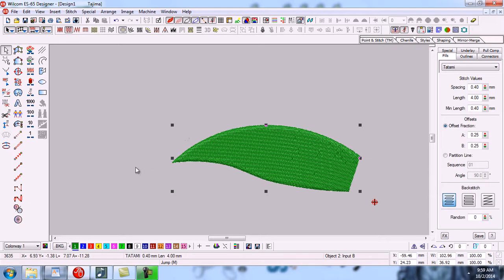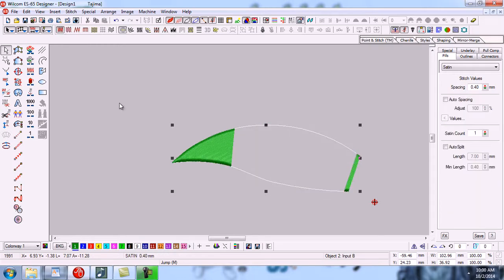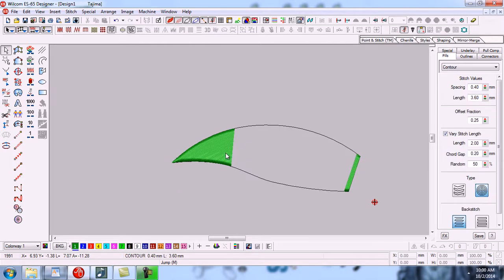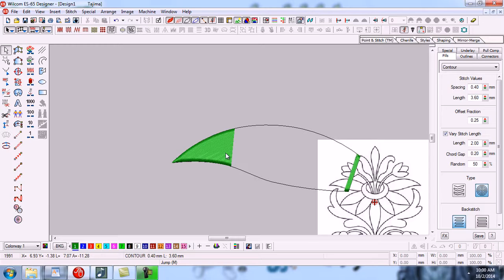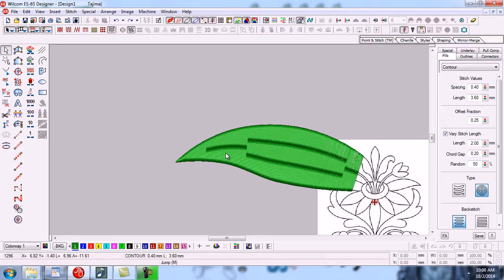In tatami you can make any type of design in any size, but in satin you cannot. So these are two options, auto split and auto jump, if you have any issue with your object size. So now I will press Ctrl Z for undo.